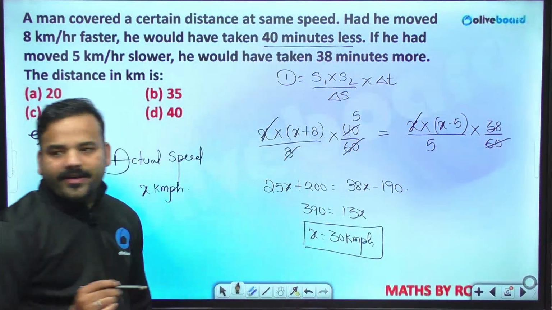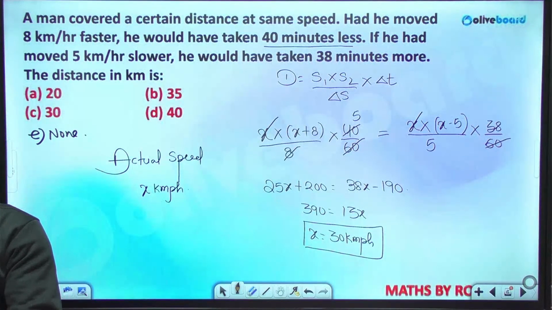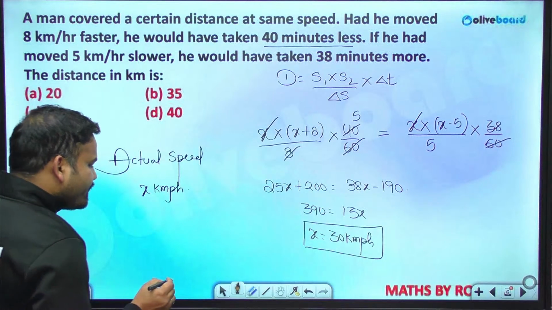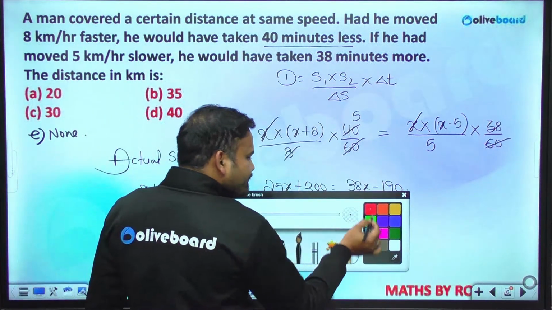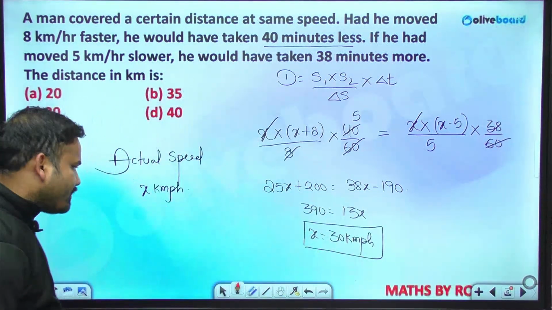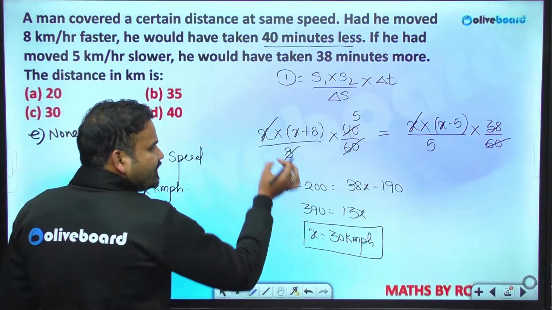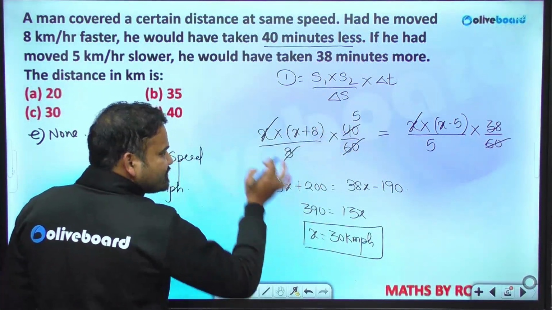His original speed has to be 30 km per hour. This is a beautiful question. So his original speed is 30 km per hour. The moment I got this speed as 30 km per hour, now I will be able to equate the distance as well. Put this 30 anywhere, both are distance. So this is 30